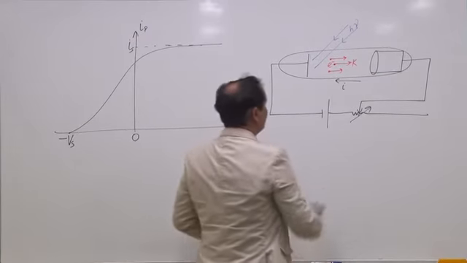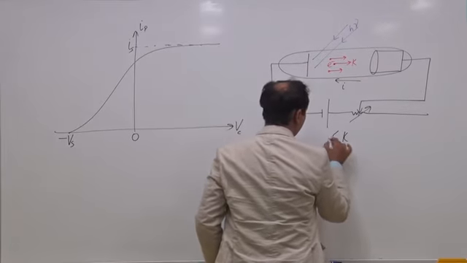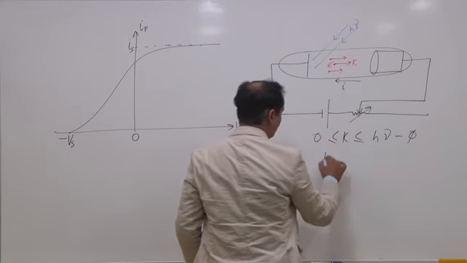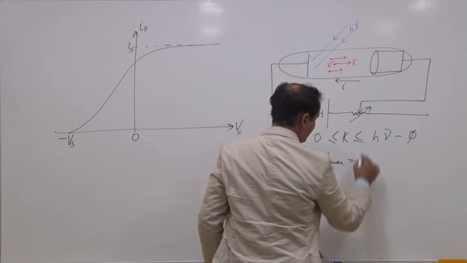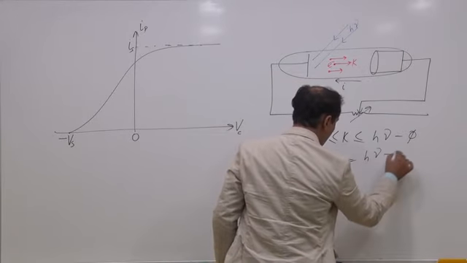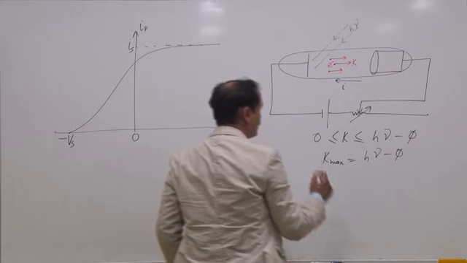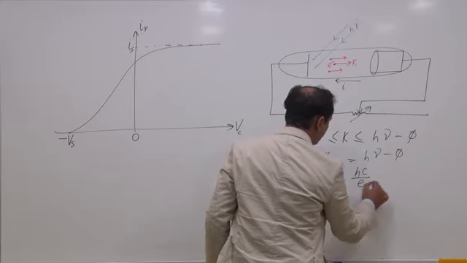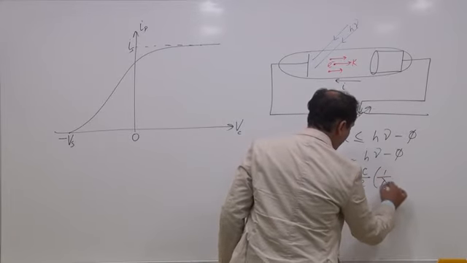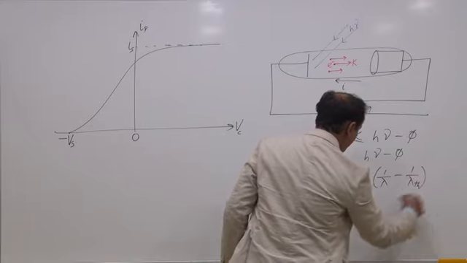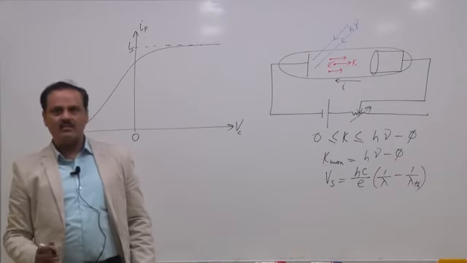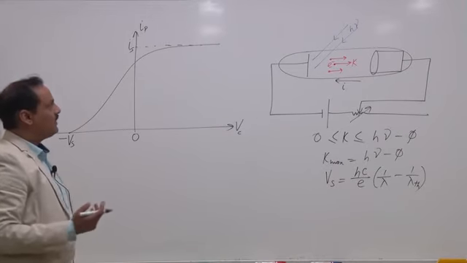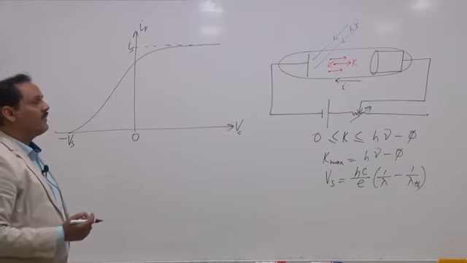And the kinetic energy of emitted electron varies between 0 to h nu minus phi, where maximum kinetic energy is equal to h nu minus phi. We have also seen the stopping potential Vs to be equal to hc by e into 1 by lambda minus 1 by lambda Th. So, these are the equations which we have already seen. Now, we need to find what are the factors on which this graph can change.